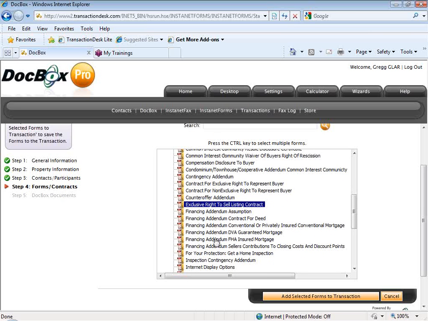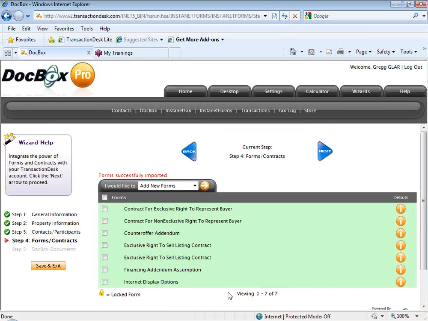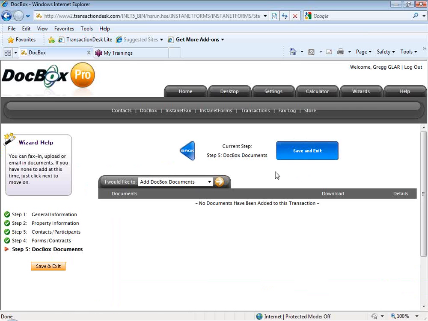Pressing and holding the Control key will allow us to select multiple forms from the list. We want to add selected forms to the transaction. Adding these forms to our transaction file will automatically include these forms when we start our new file from this template. Clicking on Next, quickly going through, here's where DocBox Pro allows us to upload documents to our online transaction